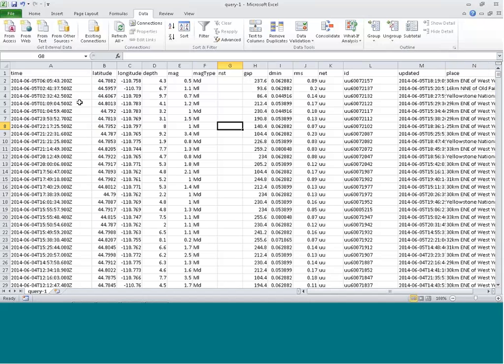Another thing I want to do is, they have the date and the time in the same field, and I don't want to see it in the same field. I want to be able to work with the date separately, not date time together. So what I'm going to do is actually split this field, split this cell. It doesn't look like when you first look at it, there's a way to split it, but there actually is,